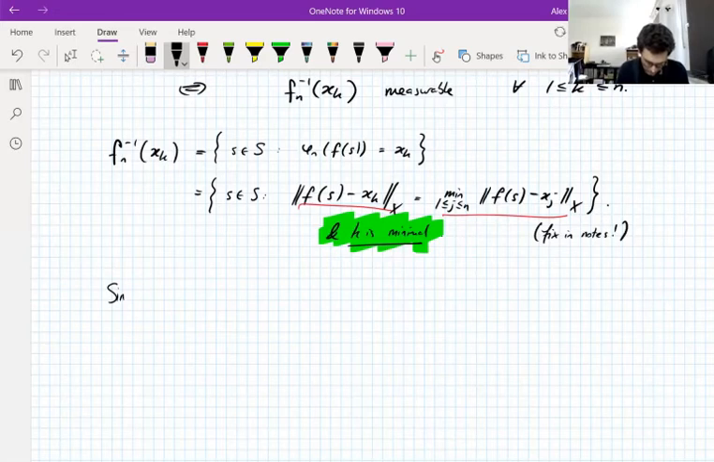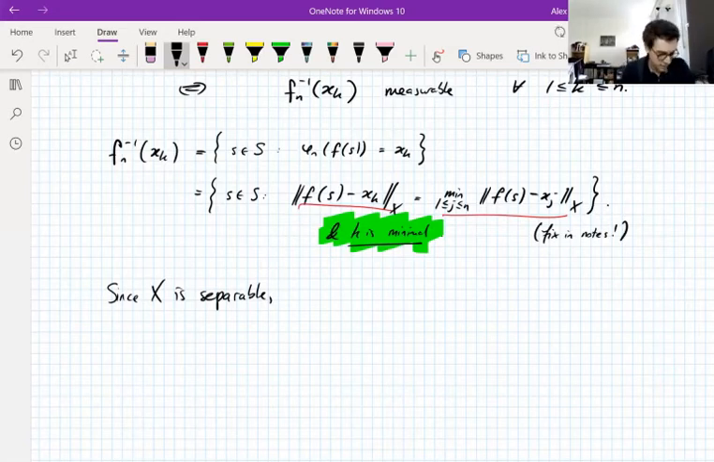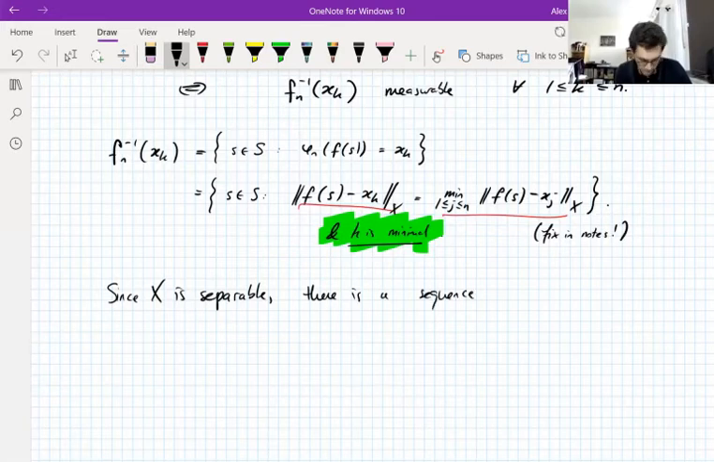We use the separability of X. We haven't used that? No, we used it. We're going to use it again. We use it to get this dense set of vectors, so we have used it. Since X is separable, there is a sequence of functionals, xm star, in the dual space,